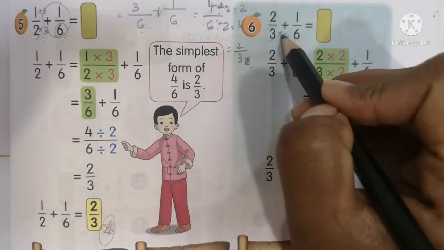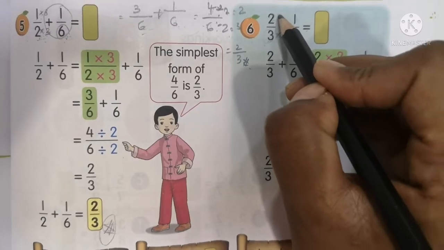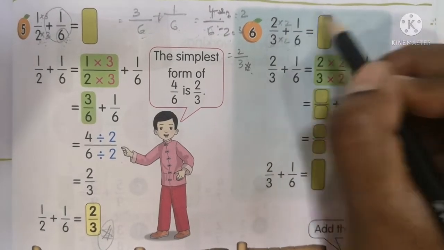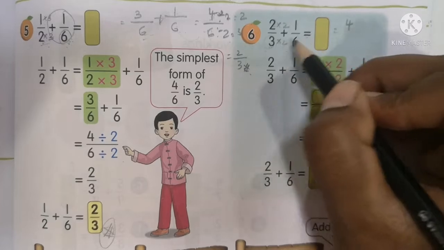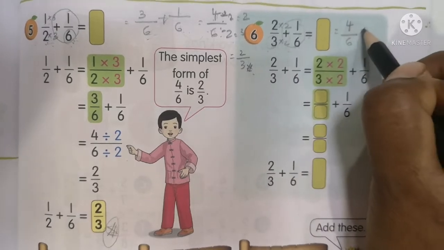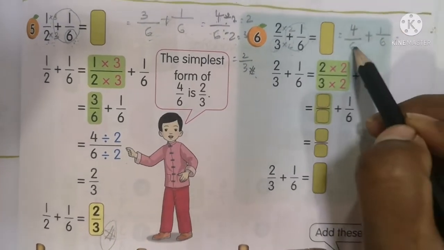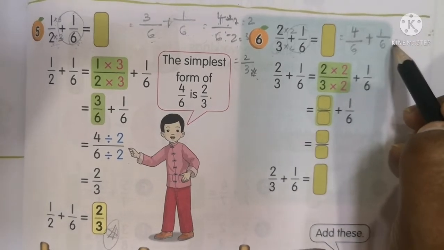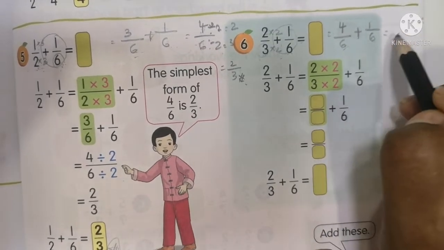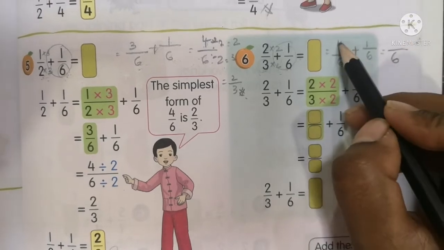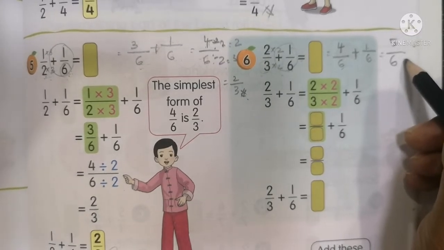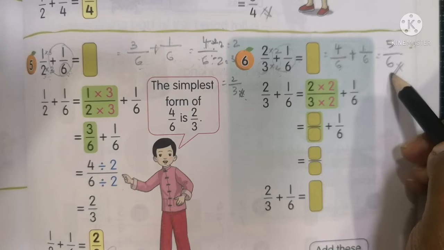Kalau dekat bawah tulis darab 2, dekat atas pun kena tulis darab 2. So you write it. Then once you write it, you write back 2 times 2 will get 4. 3 times 2 will get 6. Then yang ni just salin balik 1/6. So now 6 plus 6, can we do anything? Cannot, because the denominators are the same, so don't touch anything. 6 just salin balik 6 dekat sini. Dekat atas ni 4 plus 1 is 5. Can we simplify this? Cannot. So the answer will be 5/6.